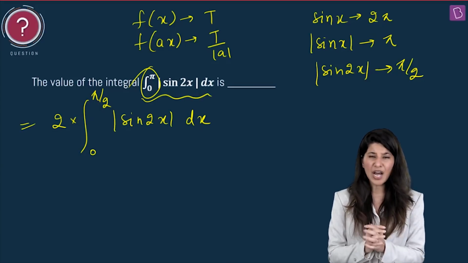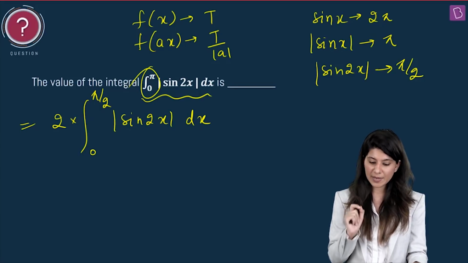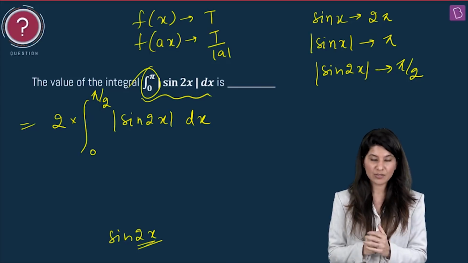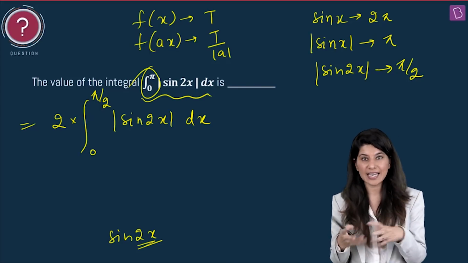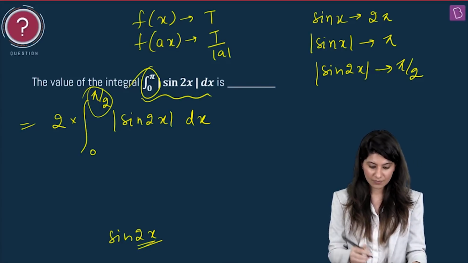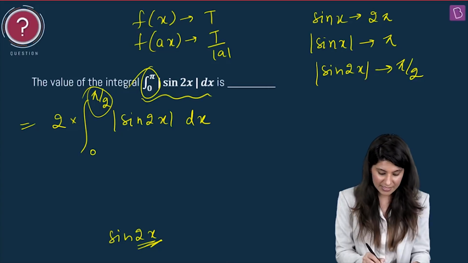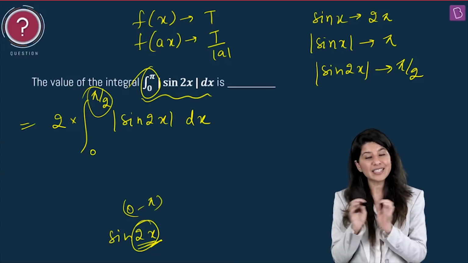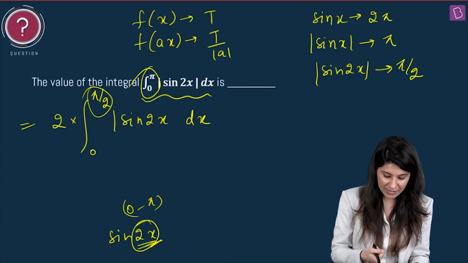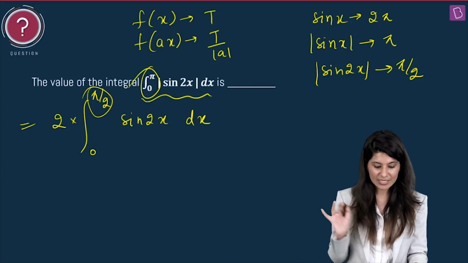Now, how do we get rid of this modulus? I want to get rid of this modulus sign, for 0 to pi by 2. If I talk about simple sin 2x, if I put 0 in place of x, the argument inside sin is 0. If I place pi by 2 in place of x, I get 2 multiplied by pi by 2, that means the argument inside the sine would be 0 to pi. In 0 to pi, sine is positive, so there is no need to apply the modulus. We can remove the modulus easily. So we just need to integrate this.